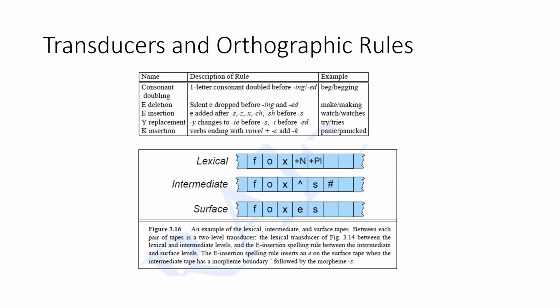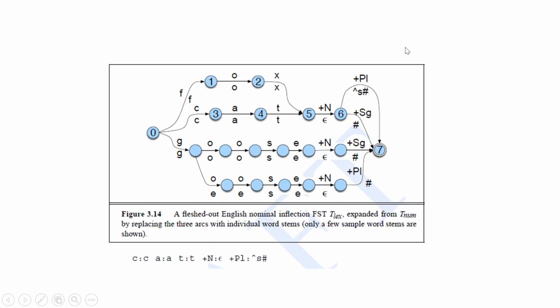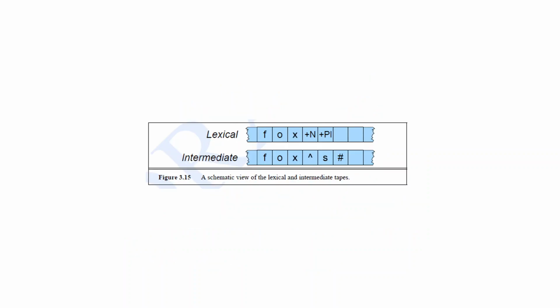Now as of now, what we said is we can have transducers like this, and in this we are storing information, whatever is there in the lexicon. All the words can be stored like this, right? And also morphotactic information, that is what morpheme follows a noun. Can S follow a noun or can it be before? That information is also encoded in this transducer. Now what is left to encode is the orthographic rules. Now, how can that be encoded in a transducer? That is what we are coming to next.